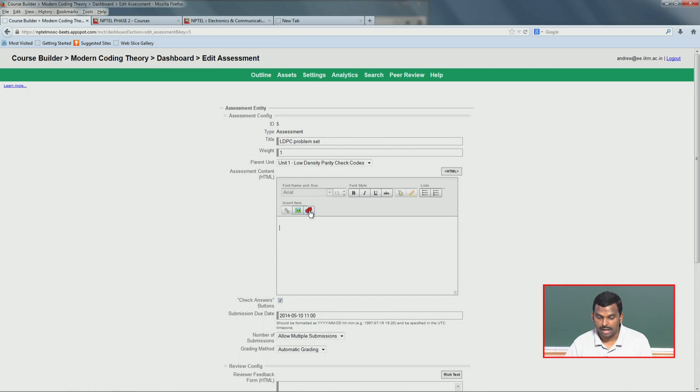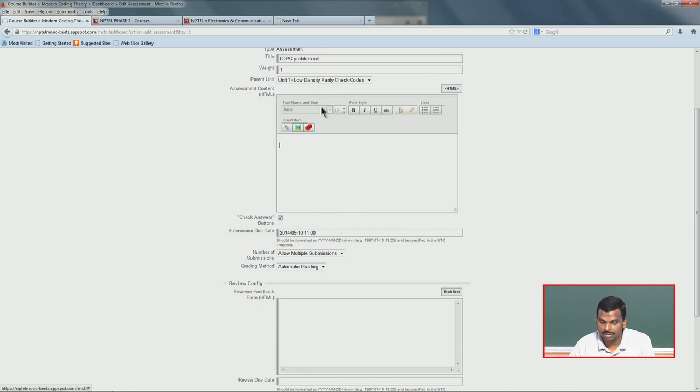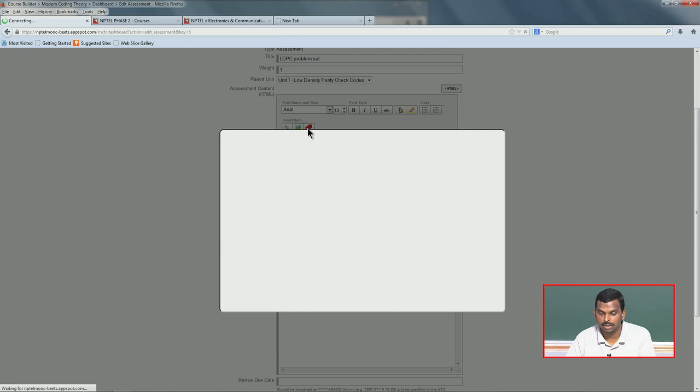Here I have to click just, okay. Once you click on rich text, it has a lot of things here, lists, etc., and then look at this insert item. This is what is most important, insert item. You can see that here. There are 3 possibilities here. First one is an HTML link, the next one is an image, the next one is an insert Google Course Builder component, which is what we will do now. I am going to click on this link.